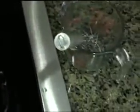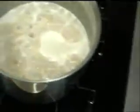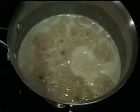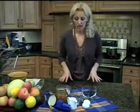So if you see here, I have used up my additional cup of water. Oats are still simmering and I will let them simmer for another 2 or 3 minutes and then we'll take them off the stove. While my oats are simmering, I want to tell you a couple of things about the